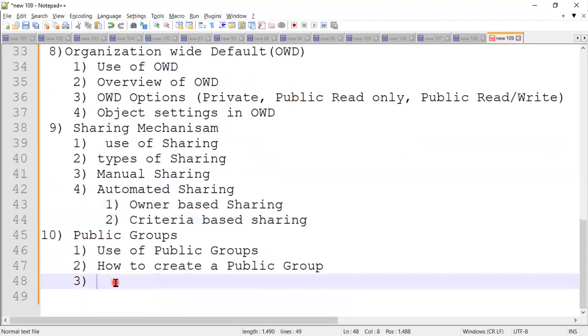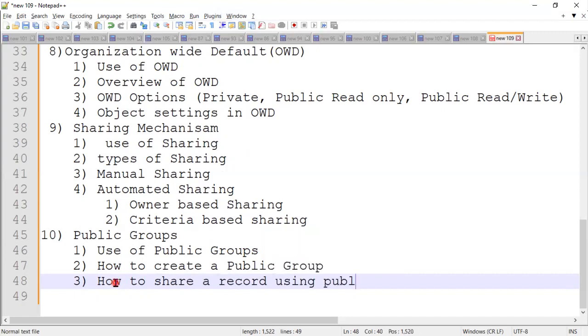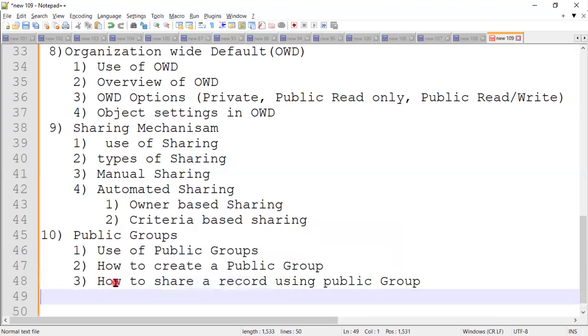Now, how to share a record using public group. Right. And the 11th one is